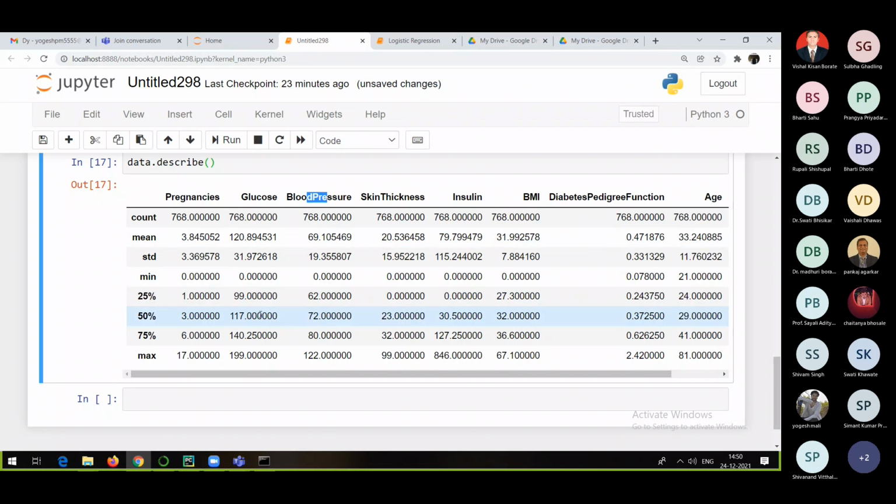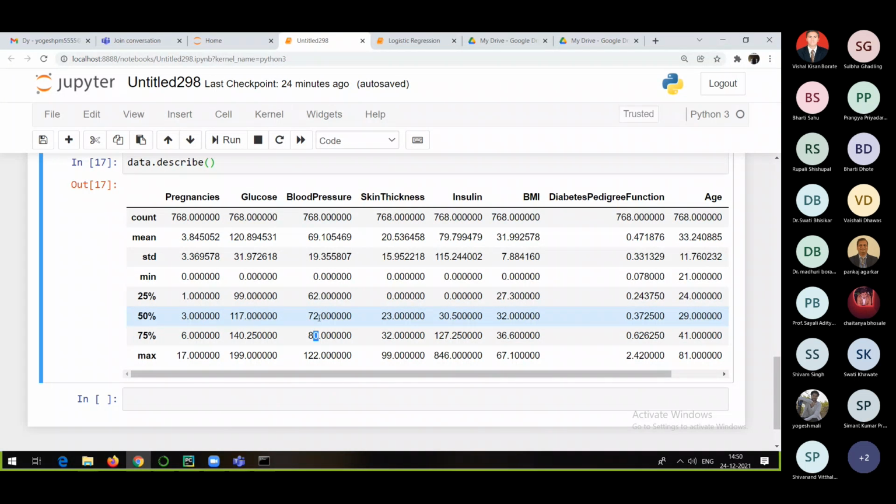So why am I telling you this, everyone? Because this is one way to get a fair idea about the distribution of your data, how your data is actually distributed. In this case, blood pressure is nearer to, I think, 72 and 122, right? So I think it is somewhat linear, somewhat normalized.